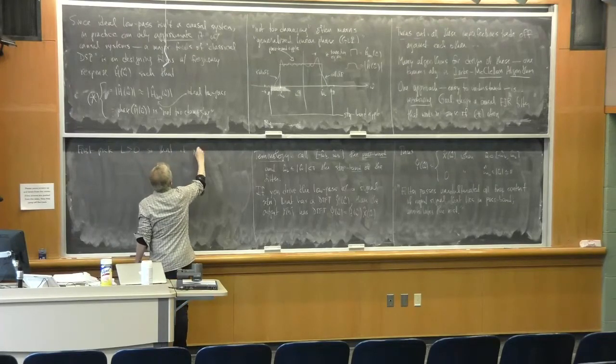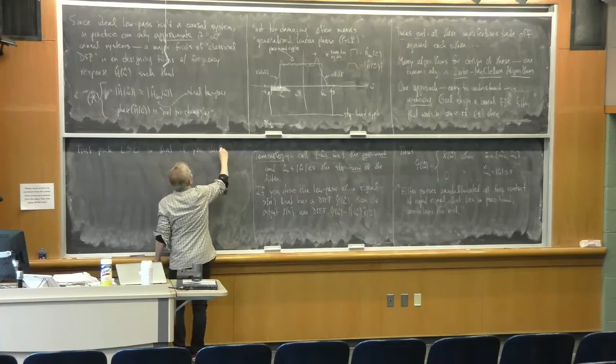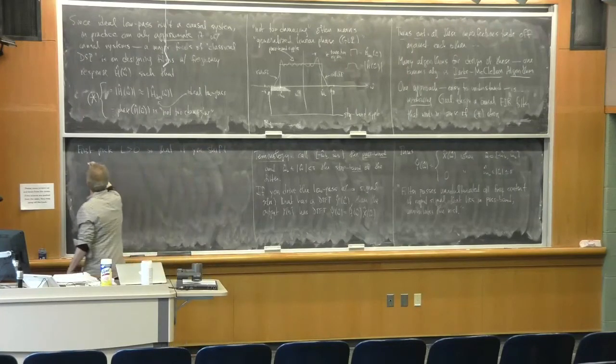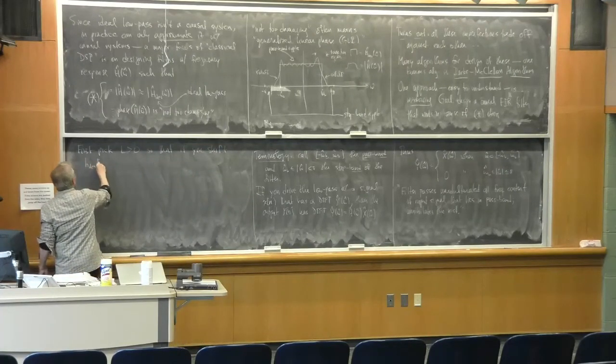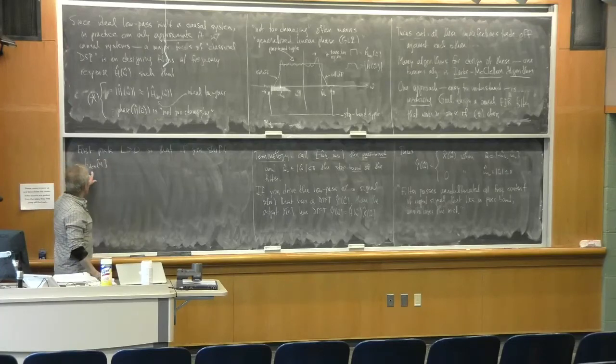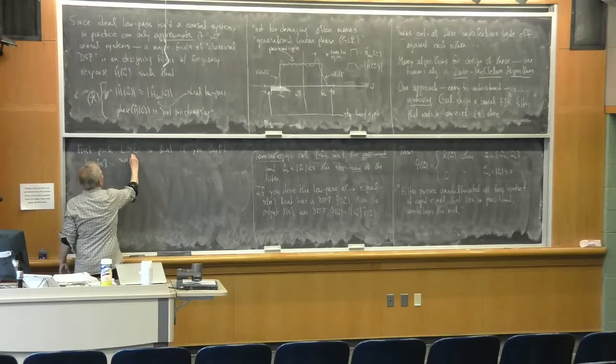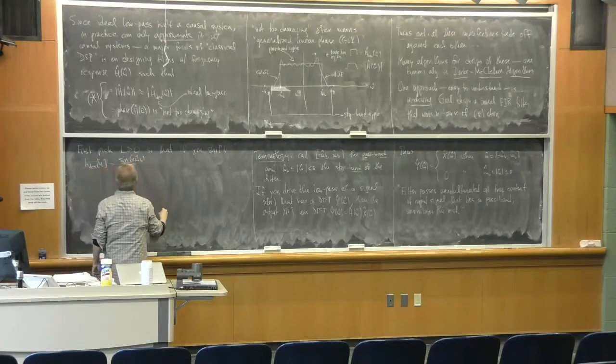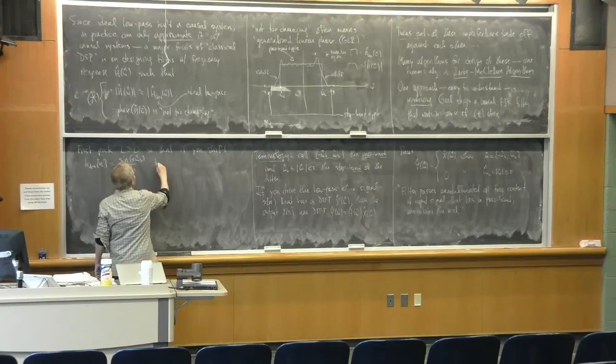If you shift h desired of n, and remember what h desired of n here is? It's sine of n omega hat b over pi n, to the right